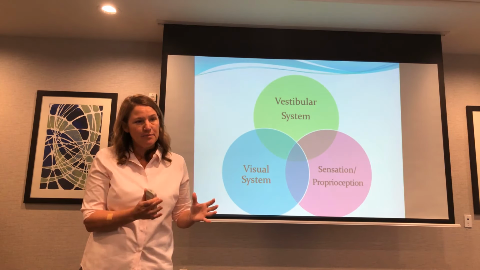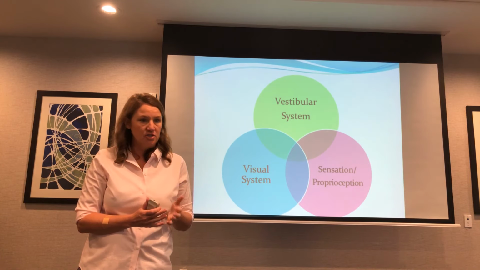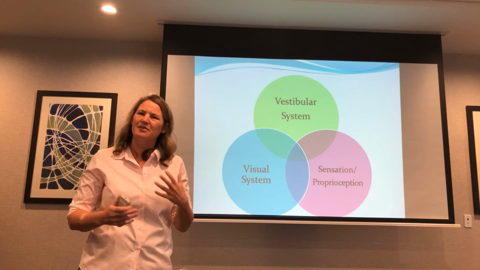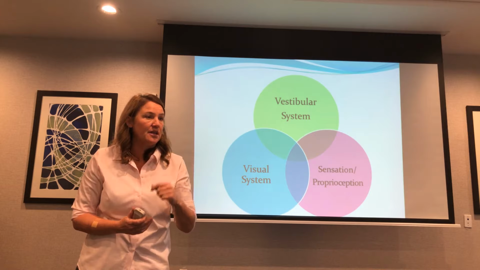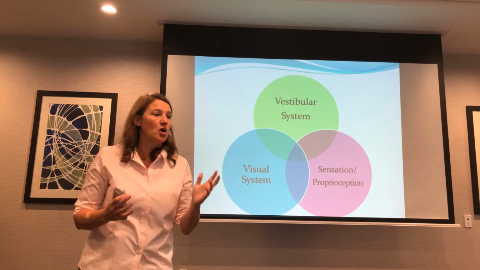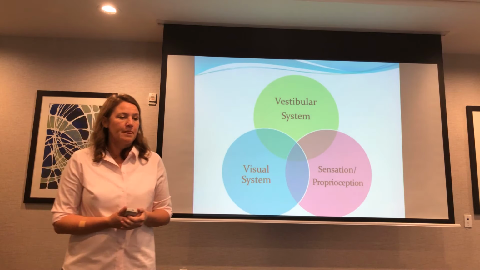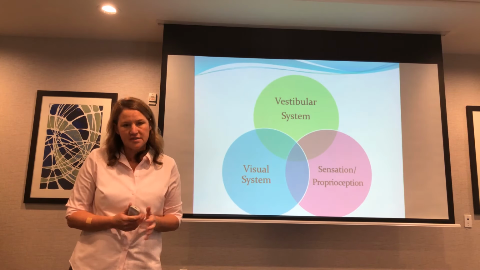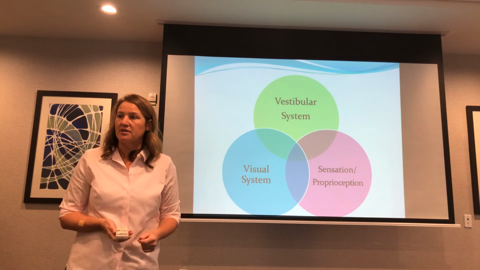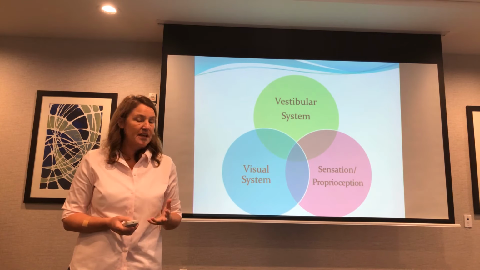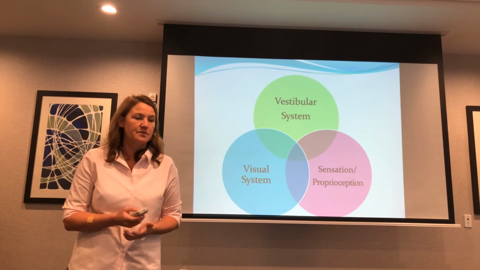So if you have a slight impairment of all of these, you're going to have some challenges. You're not going to be as efficient. You're not going to be able to do as many high challenging things, like going out in the community and playing pickleball or whatever it is that they want to do that they can't do safely. But then if one of the systems gets significantly impaired, that's going to really affect their balance, and that's where you want to identify it and decide, is it reversible or is it not, and set realistic outcomes.